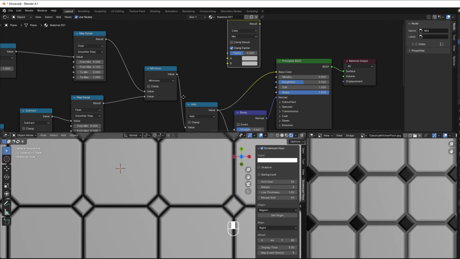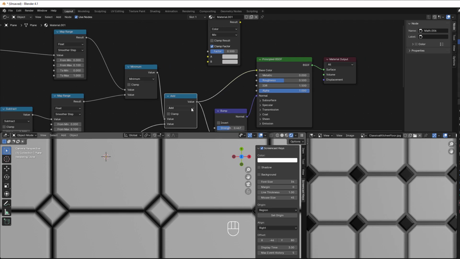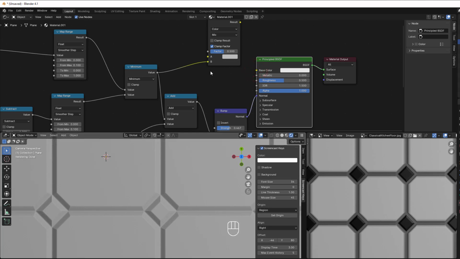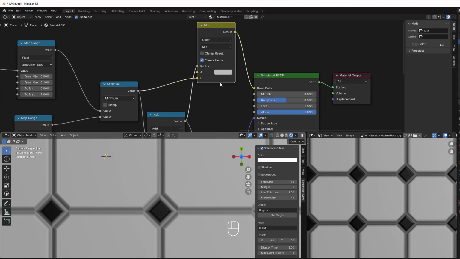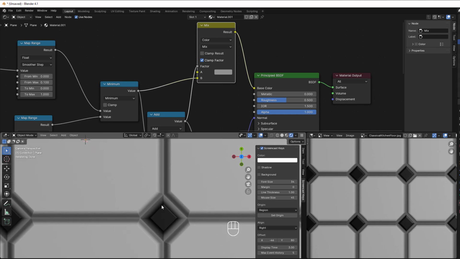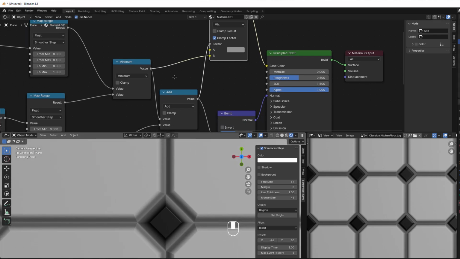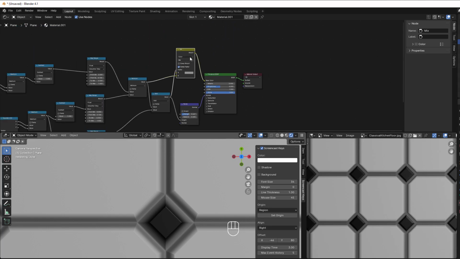And if we look at this one, then we can see that if I use this, then the darker part here is what is in the top here. So that means that we use the color that comes from here in B. Then we can use the add as a factor to control the mortar, and then put that to the base color. So here we can then change the mortar into whatever we want. And if we think that this goes up a bit too much on this one, we can just add some math between this add here and the factor. So if I just take that away a bit